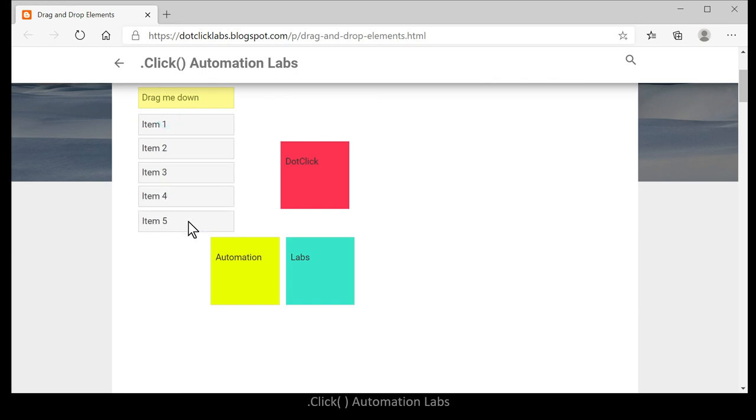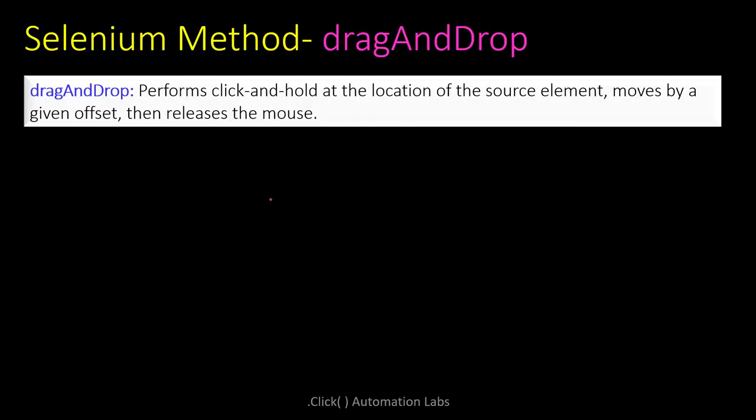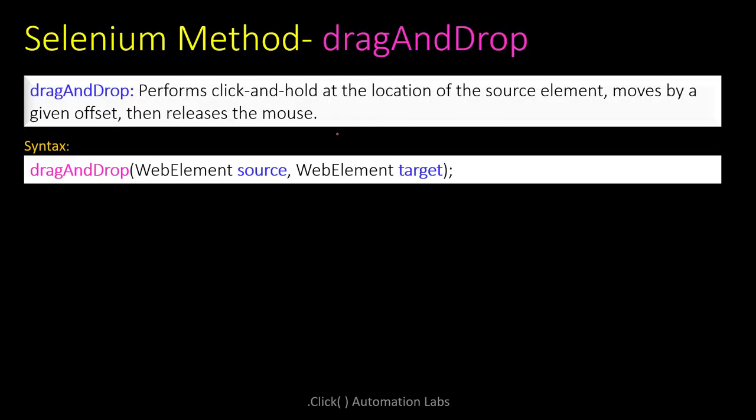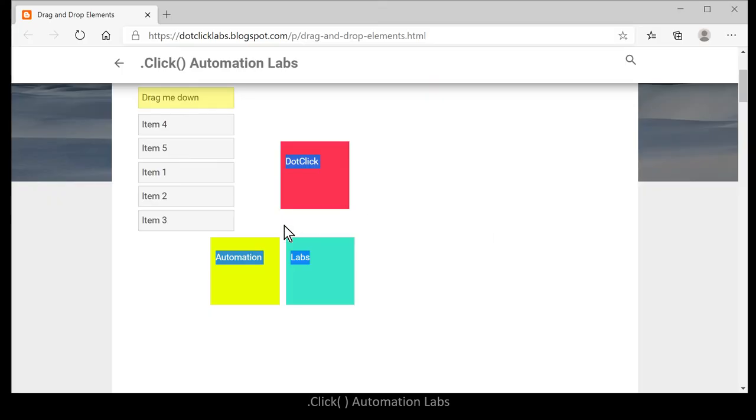Now here's one example, like I'm moving from here to this location. So it means click and hold, move to some offset, some coordinate, some area. This is what is called a drag and drop. And the syntax is dragAndDrop, WebElement source and WebElement target. Here, what would be the source?